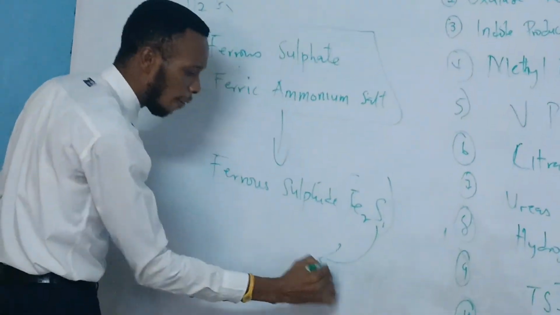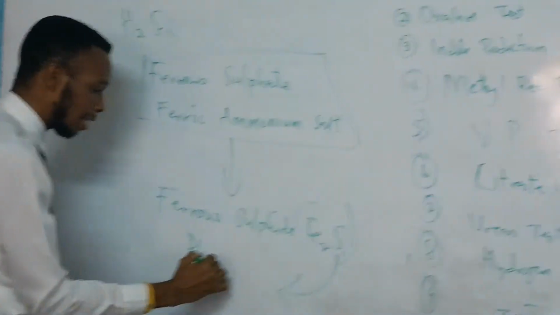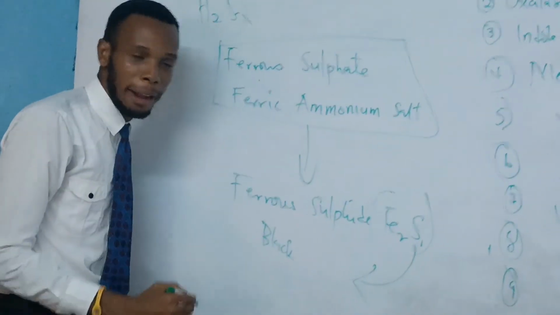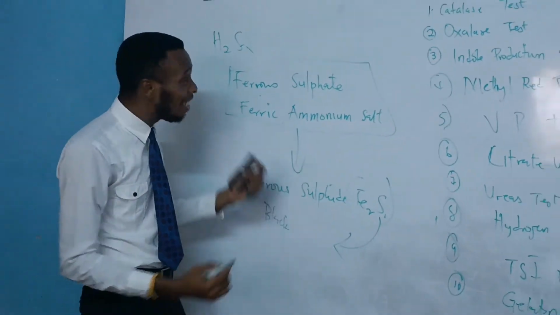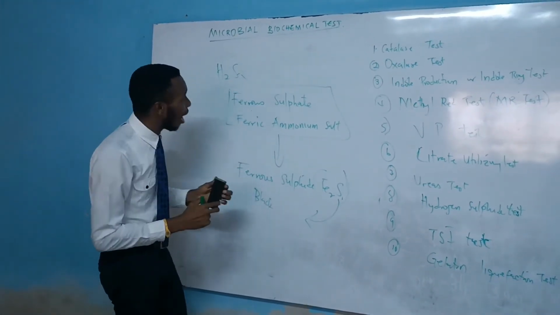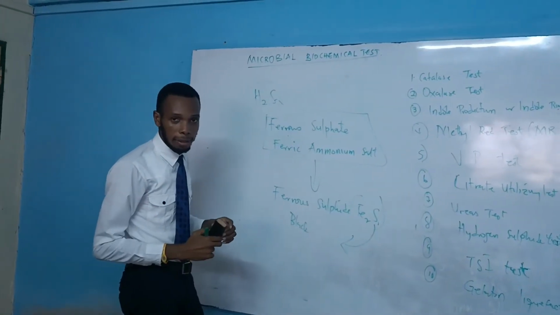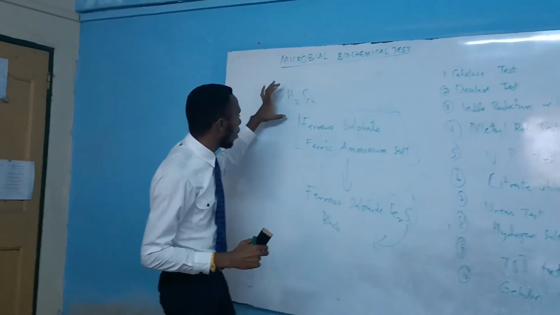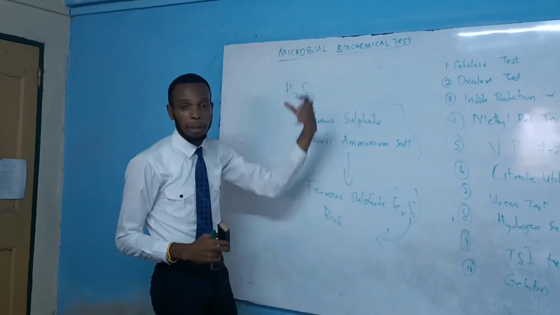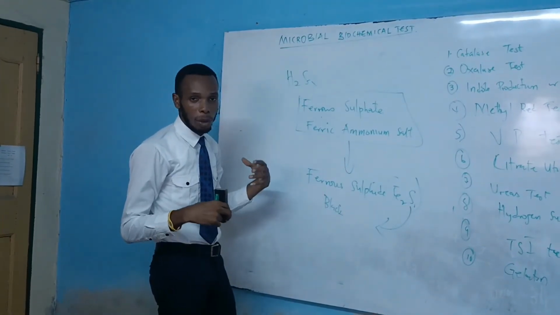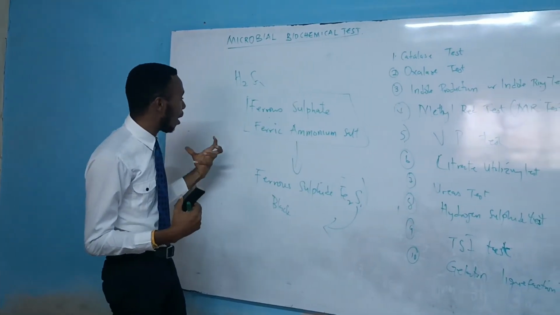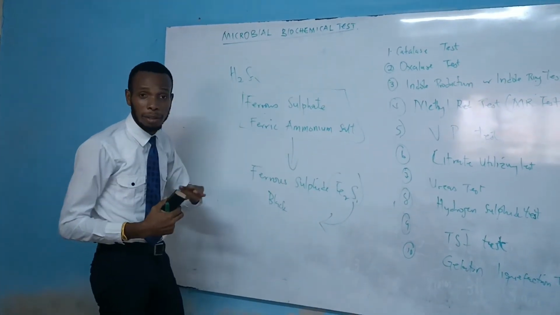Now, this ferrous sulphide gives a black precipitate, or a black PPT, which indicates that the organism has the ability to produce hydrogen sulphide. So, for example, if we notice a particular organism and we are trying to test whether it can produce hydrogen sulphide,